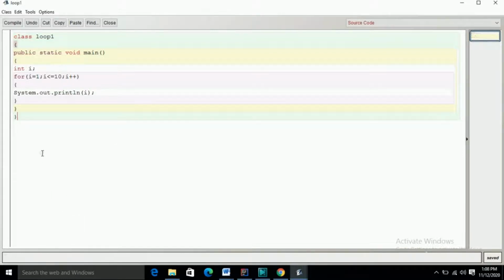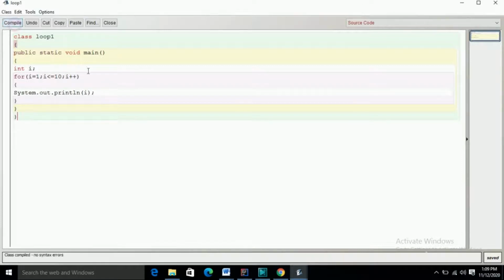using for loops. For this, I've taken a loop control variable as i, and we are using a for loop here. This part is the initialization, this is the condition, this is the update part. We have initialized the variable i with 1, and the condition is i less than or equal to 10. Here the value of i is 1, so 1 is less than 10, condition true, so 1 will be printed. Now the value of i gets updated, it becomes 2, 2 is less than or equal to 10, condition true, so 2 will be printed, and so the values will be printed up to 10. As soon as the value becomes 11, the condition is false, so it will not enter into the loop, and finally it will stop executing.